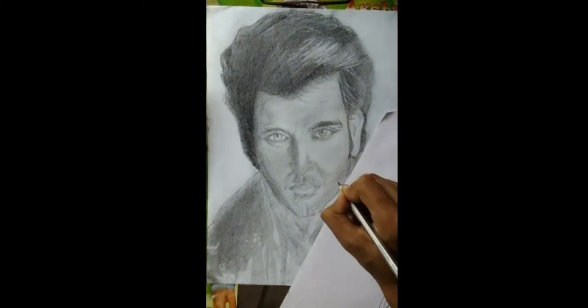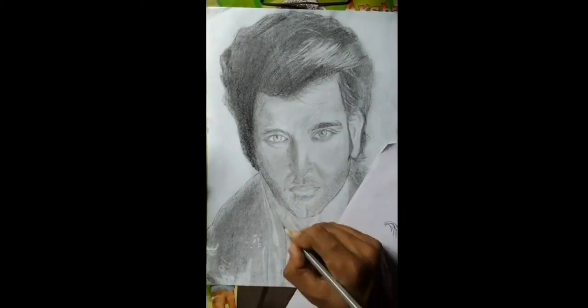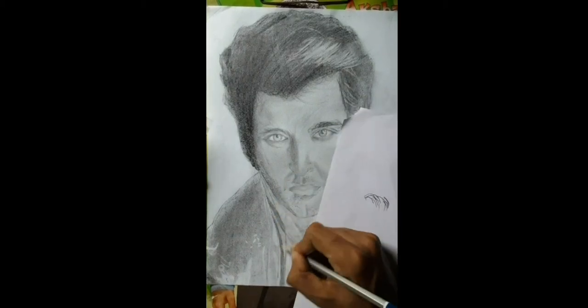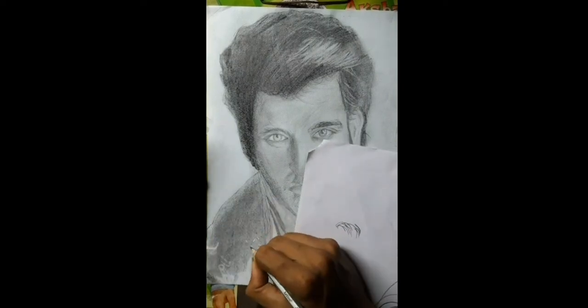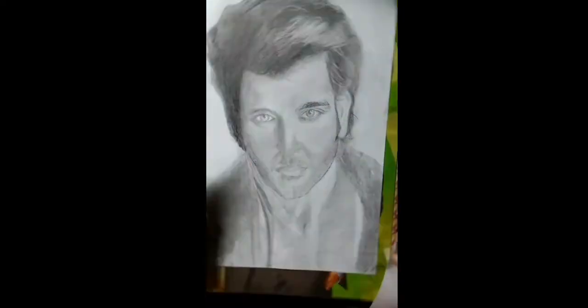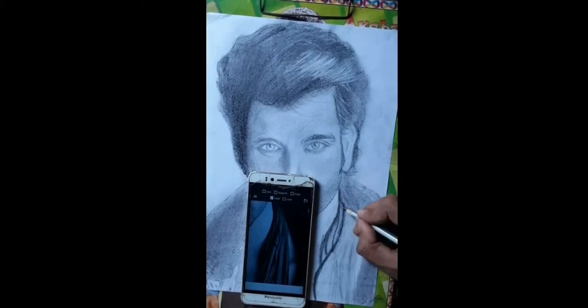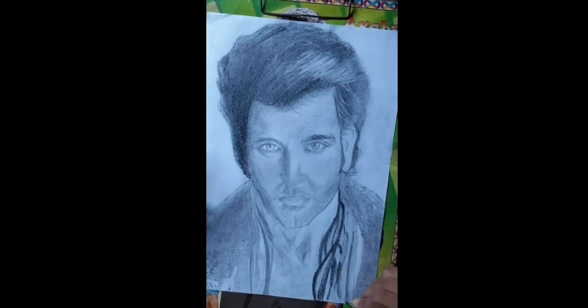Generally, an artist does not worry about making it the same. You can make it in your own way. You don't need to copy each and every part of the image, because you are now learning, so it's a thing you have to keep in mind. As you are learning, it is your process where you can improve your learning.